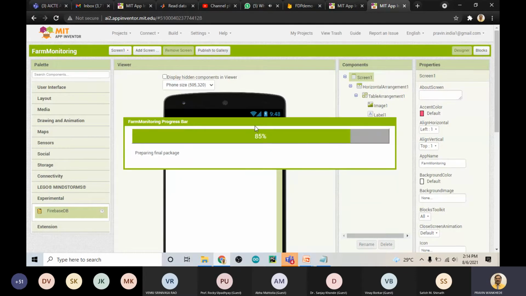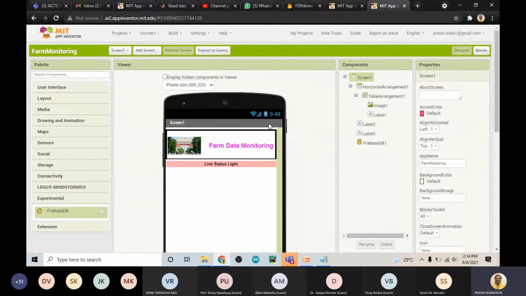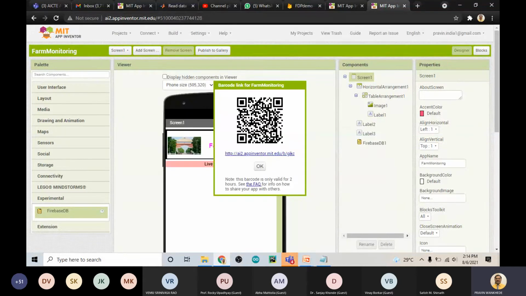Okay, now it has opened the QR, correct? So what actually do you have to do now?